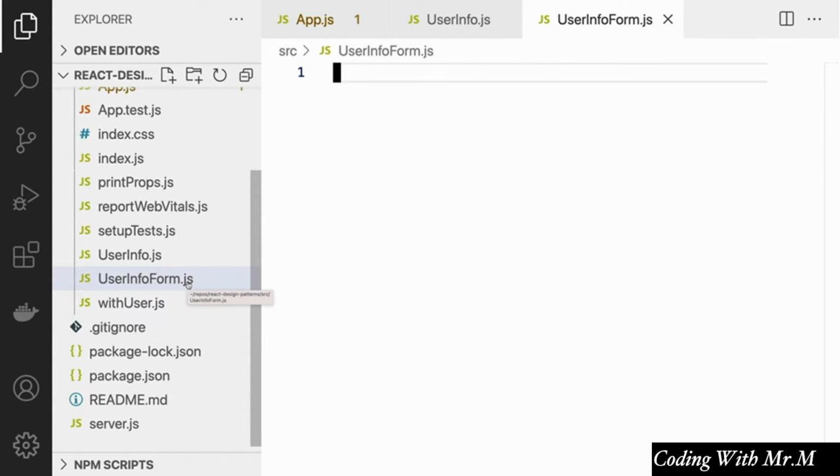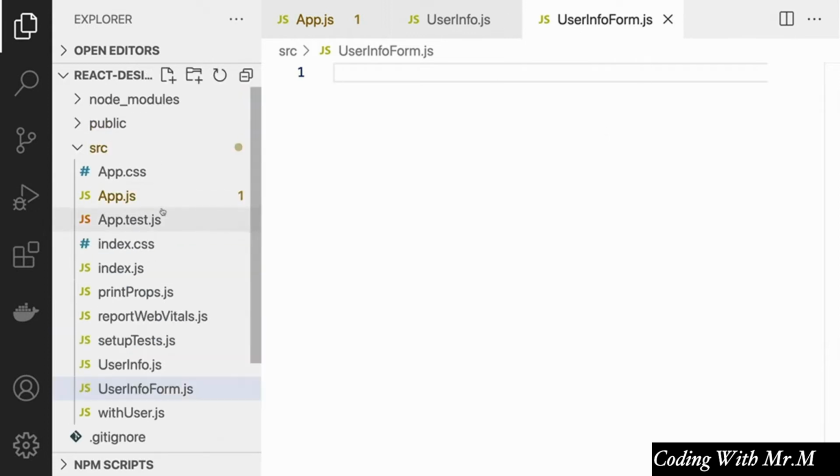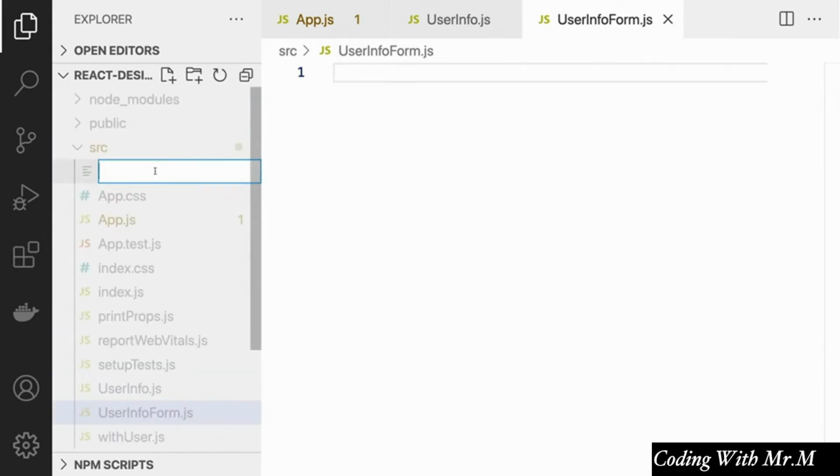Now, if you look back in the server.js file, you'll see that we have endpoints that will allow us to edit the user as well, right? These are post endpoints, as you'll see. So we're going to come back and implement our user info form shortly, but before we do that, let's create a new file which will be our higher order component, and we're going to call this higher order component